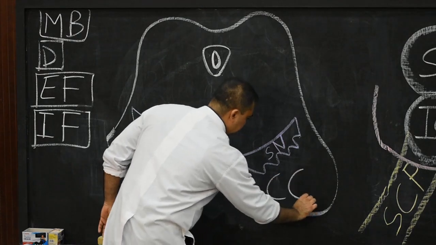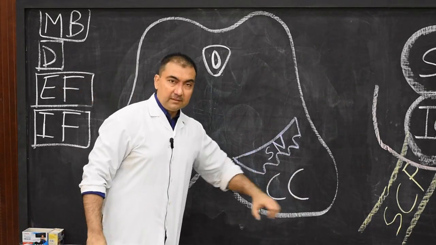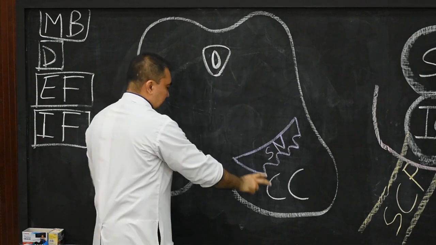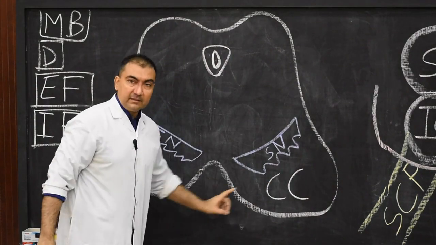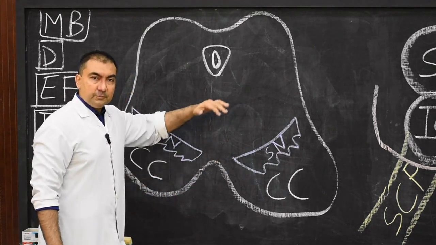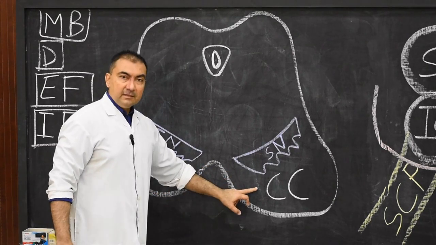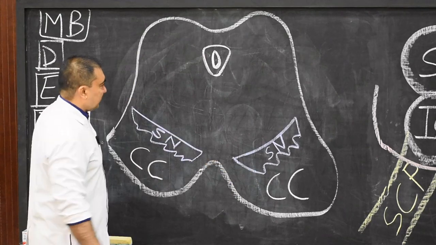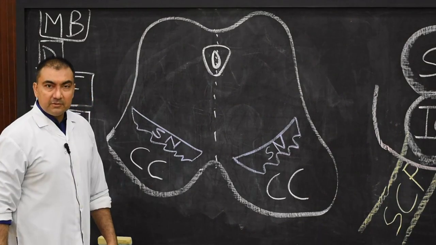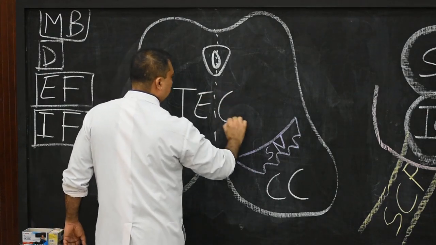Crus cerebri. Remember, midbrain, as I told you, external feature. These are the two cerebral peduncles of midbrain, which will join posteriorly here. So anteriorly you are able to see these two peduncles. Now the entire midbrain is divided from anterior to posterior on right and left side into the two crus cerebri. Then as you go posteriorly, here if you have this vertical line, posterior to the crus cerebri, this entire area will be known as tegmentum.